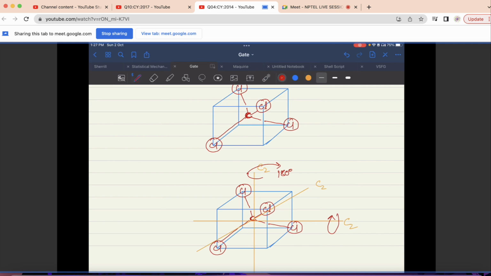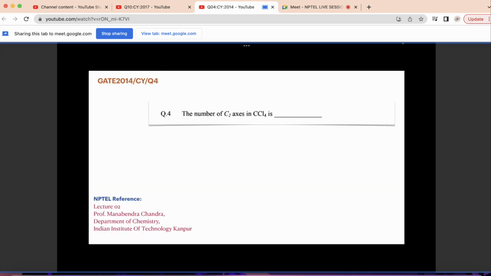So in total, we have seen that we have 3 C2 Cs,